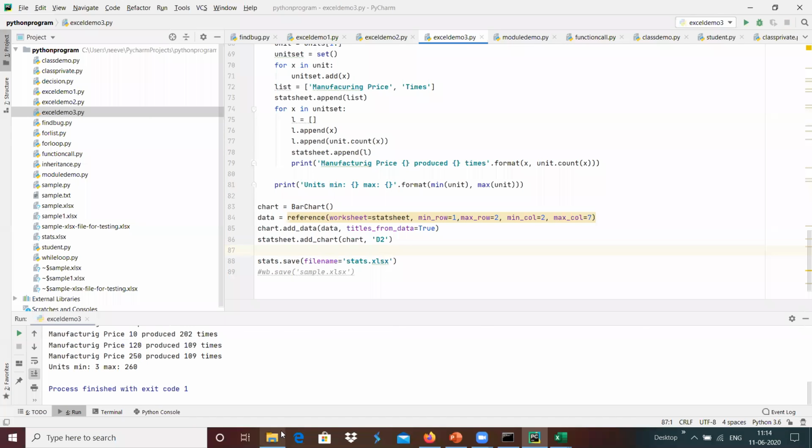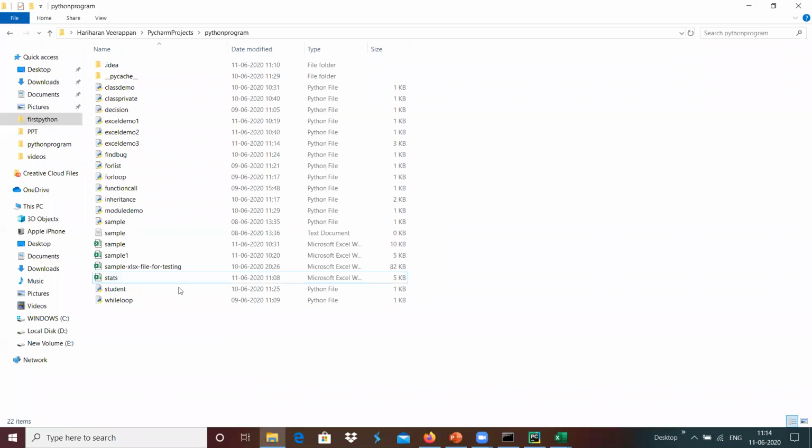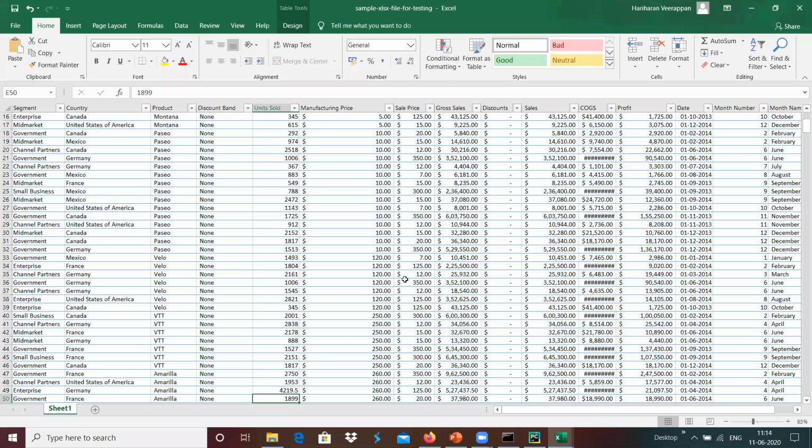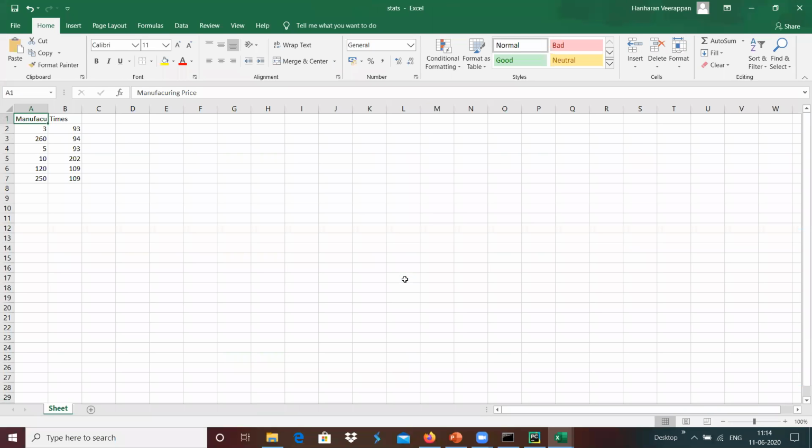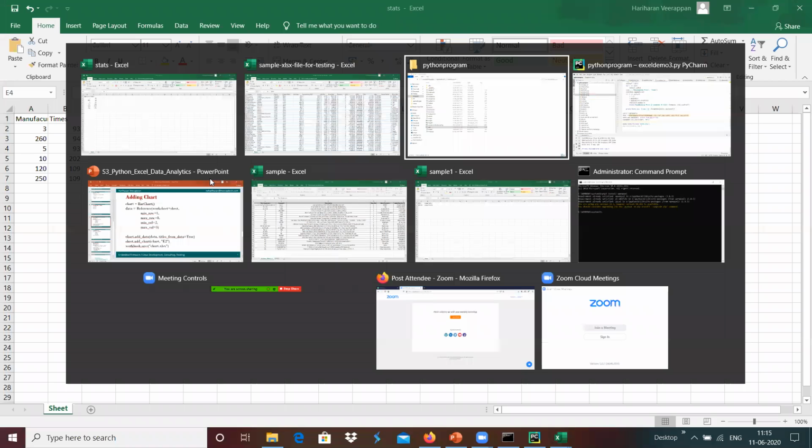Yeah, now the file got created, maybe the stats file got created, and we can see how the statistics looks now. We do not have the data. Chart has been created over here.